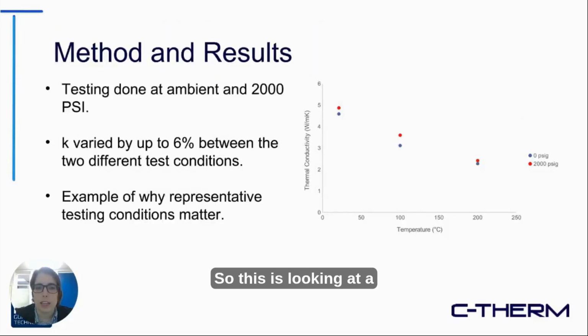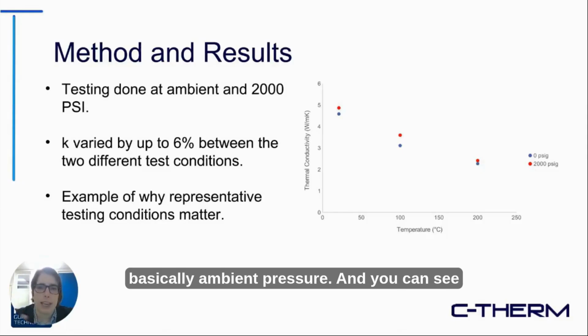So this is looking at kind of an oil sand type of core material. Looking at the red line, this is under 2000 gauge pressure of gas, and the blue data set is looking at basically ambient